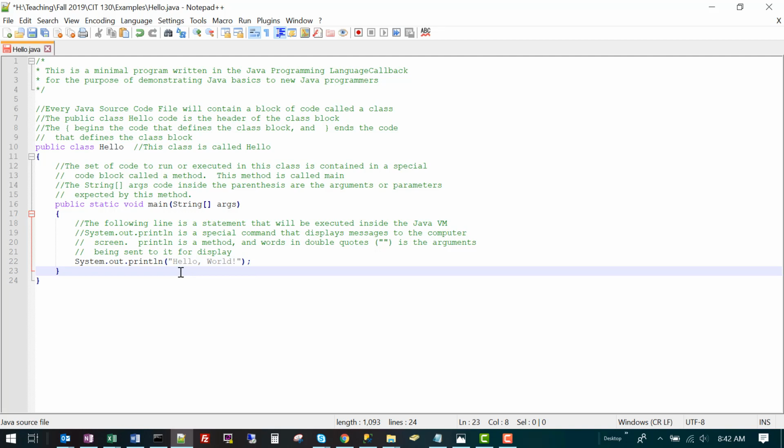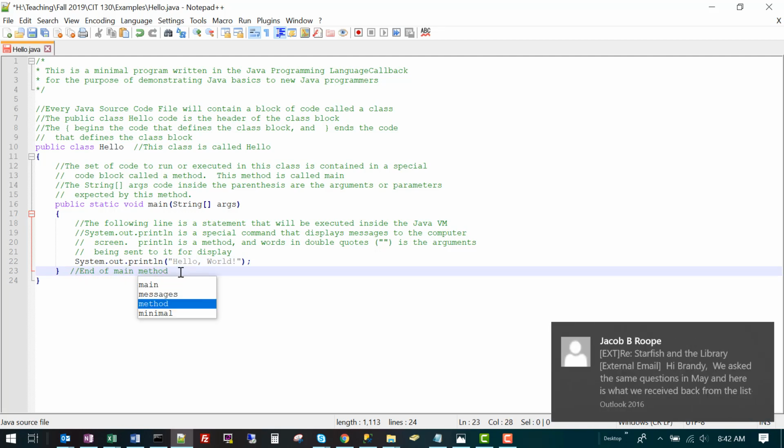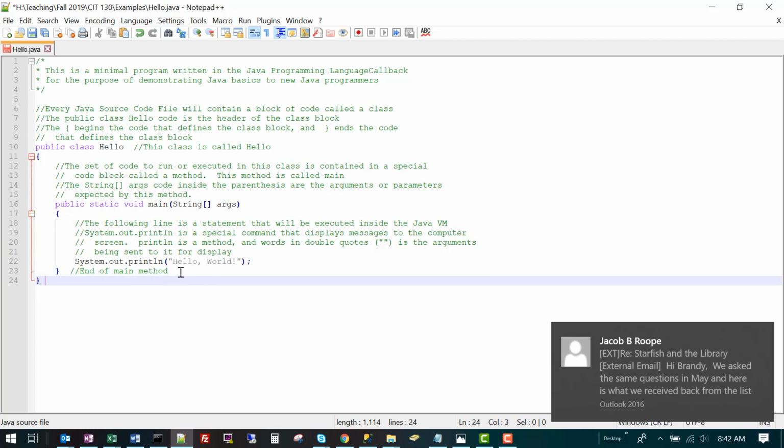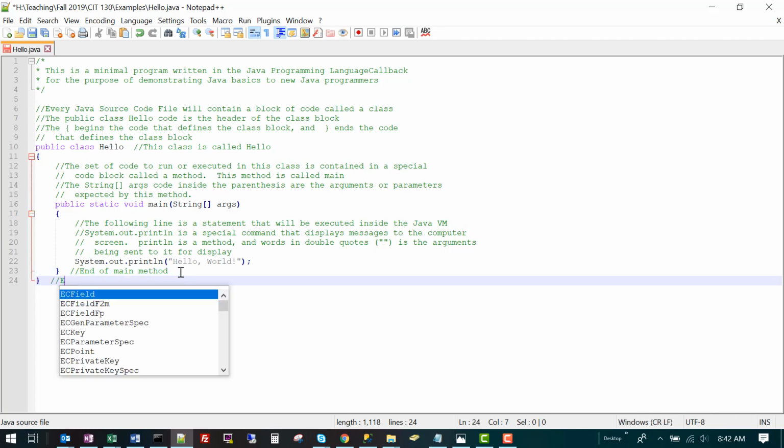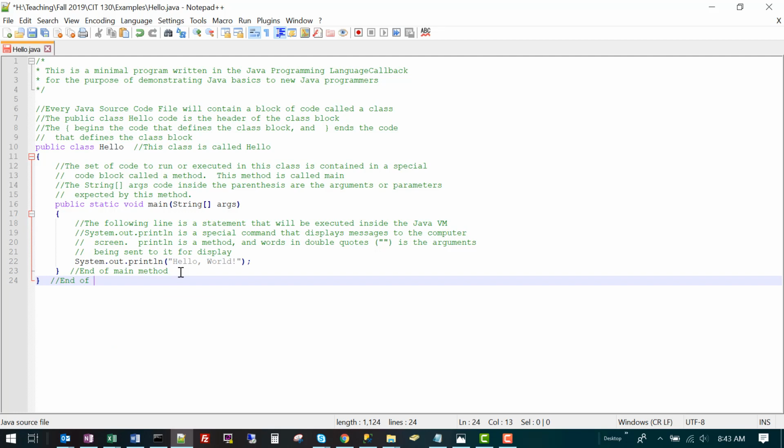I'm going to put a piece of code here that says end of main method, and another line here that says end of hello class, just as a means to let you know what everything is. So hopefully this set of comments will be enough for you to understand the basics of creating a program.